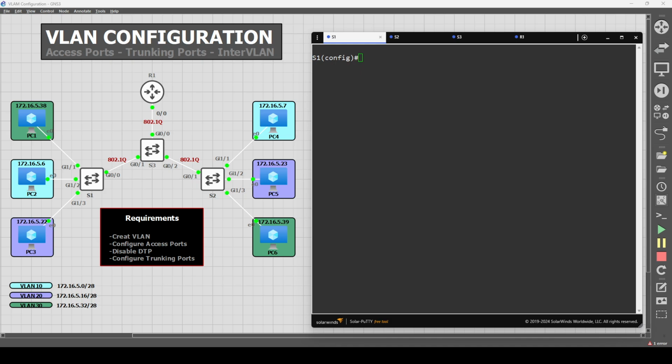In today's video, we will learn how to configure VLANs. We're going to configure access ports, trunking ports, and inter-VLAN routing using a router. This is the topology. We have 6 computers with 3 VLANs, VLAN 10, 20, and 30, with the subnets